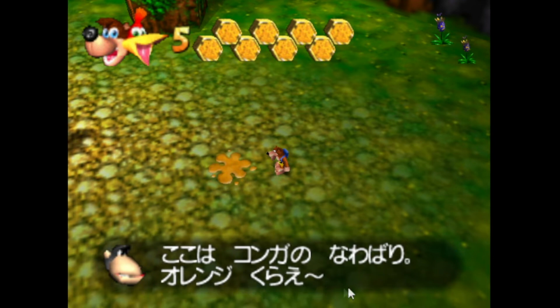Orenji kurae. So, kurao. Well, I don't know. This is just kind of used, kurae, in this way. So it is imperative. And it means, you know, like eat oranges, in a kind of eat this sort of thing. I think it might even literally mean to eat something.